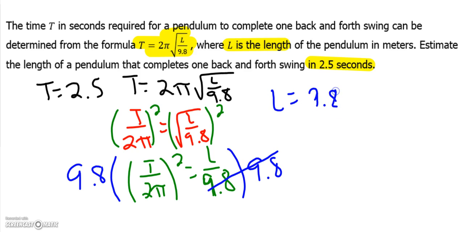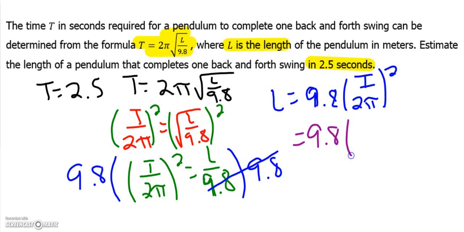9.8 times (t divided by 2 pi) quantity squared. Now this is where I would go ahead and plug in my t. So this is equal to 9.8 times (2.5 divided by 2 pi) quantity squared. Okay, I know one mistake that y'all are going to make when you put this in your calculator